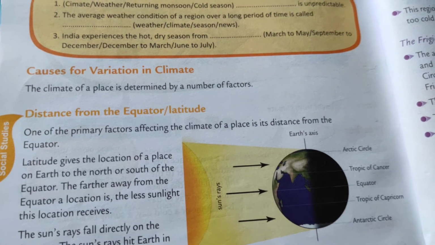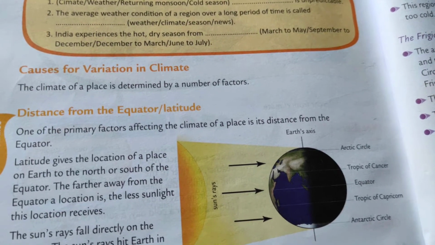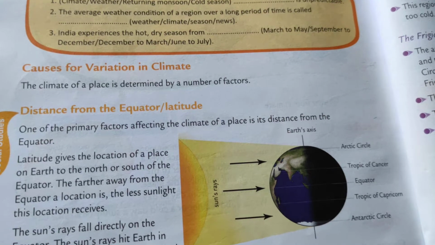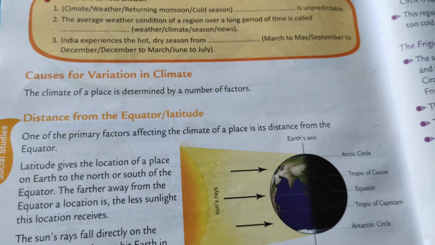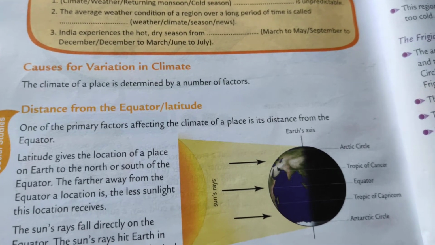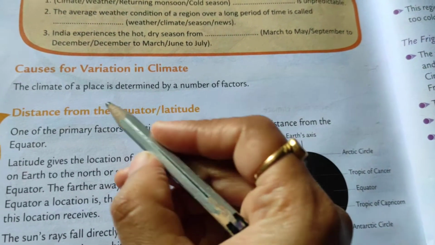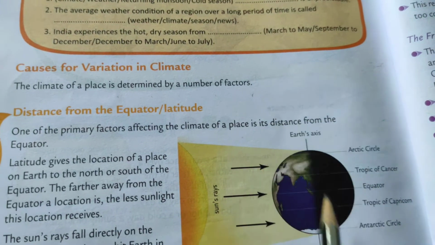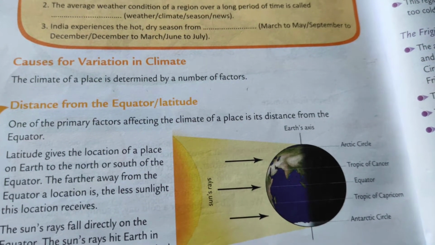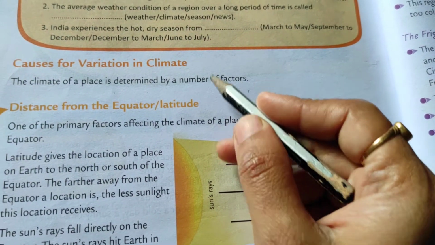Hello dear students, open your SST textbook page number 256. Today we are going to study the causes for variation in climates. What are the causes that show variation in climate? The climate of a place is determined by a number of factors. In this topic we are going to study some factors that